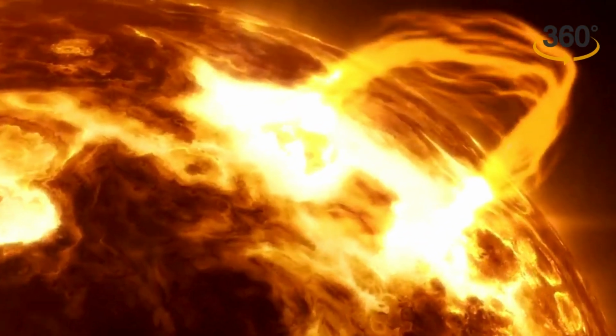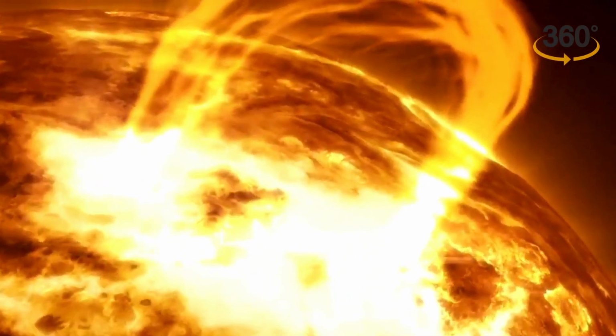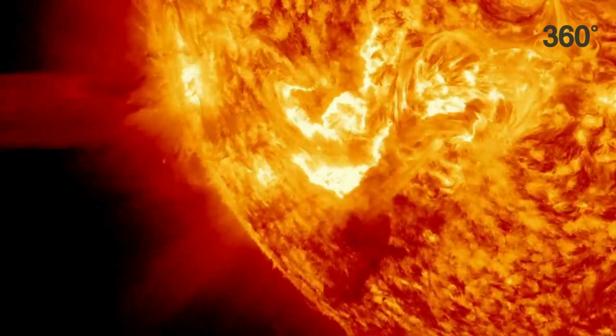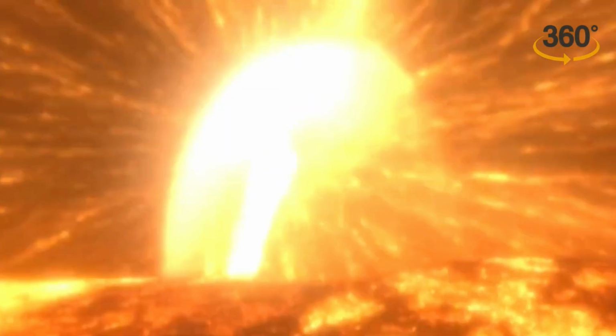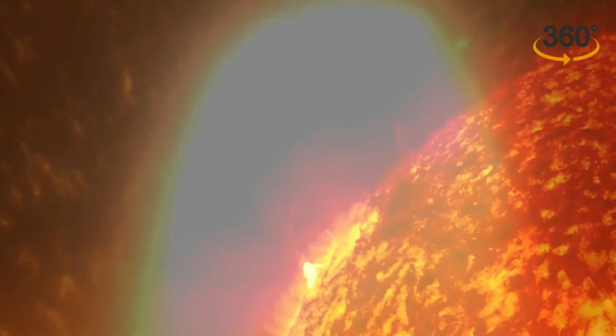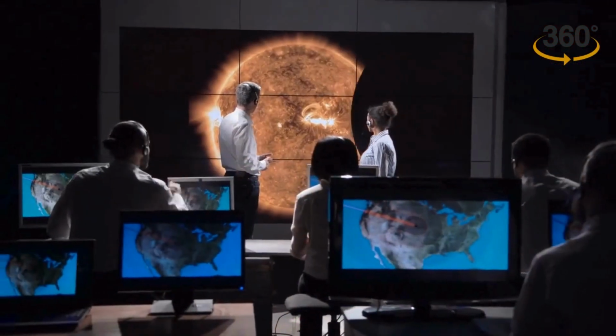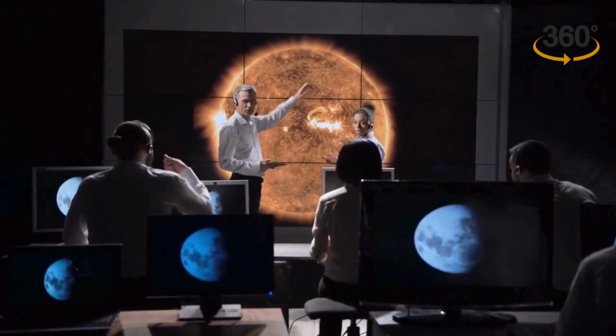Solar storms happen when the Sun's magnetic fields become twisted and release huge amounts of energy in the form of a CME. A CME is a large burst of charged particles that were ejected from the Sun's surface. But why did the Sun's magnetic fields twist to create such a powerful eruption? That's a question the scientists are still working to answer.